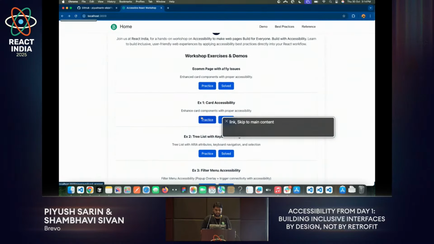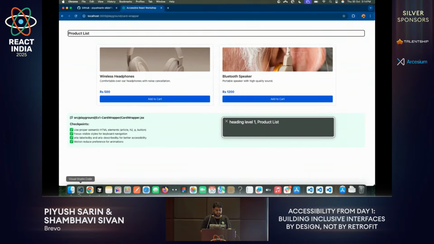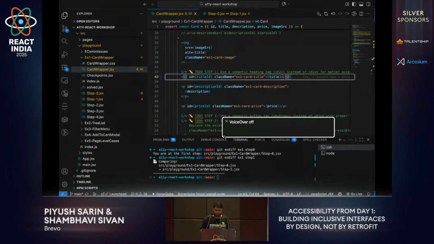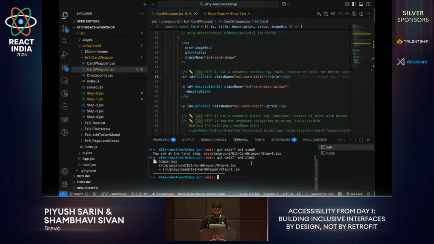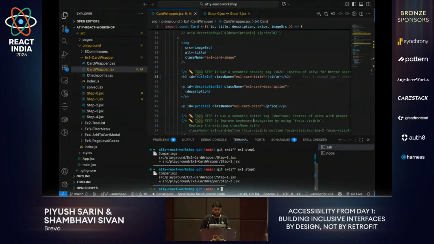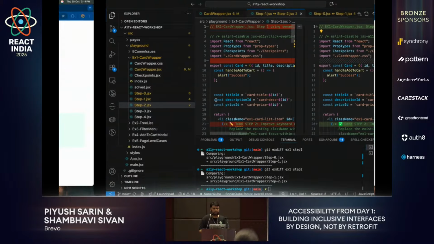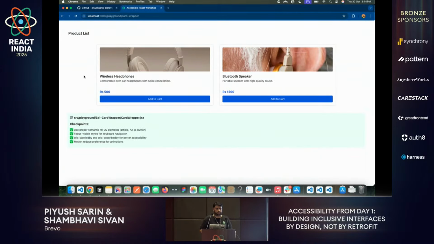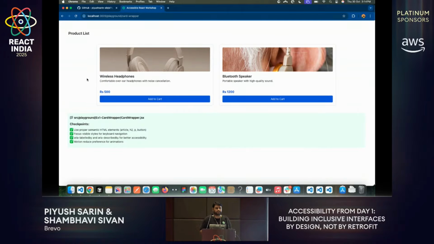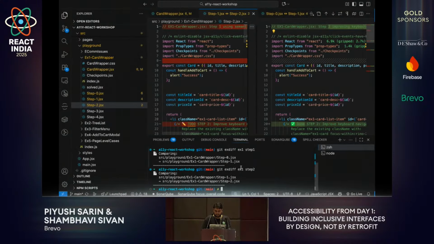Okay. Let's try to do the second step. I'll just turn off the screen reader. So the second step, as we said, proper highlighting is not working, right? We don't know which element is getting highlighted. For that, we should look at why highlighting is not working. If I go to the code in step 2,